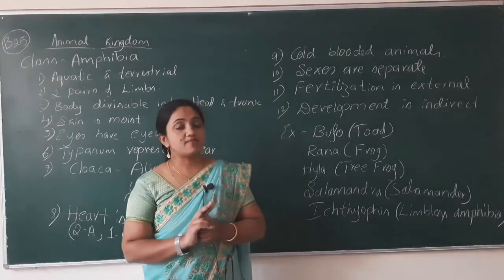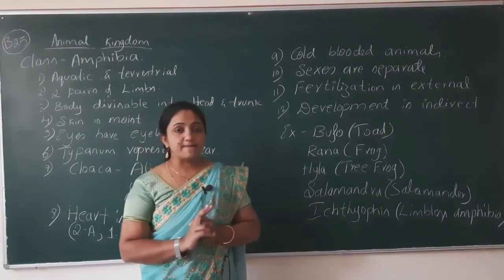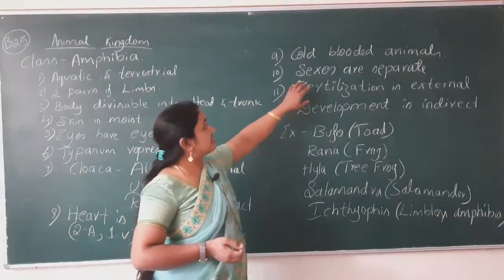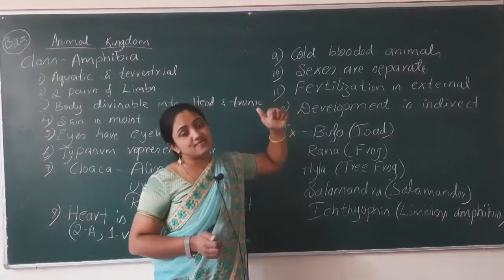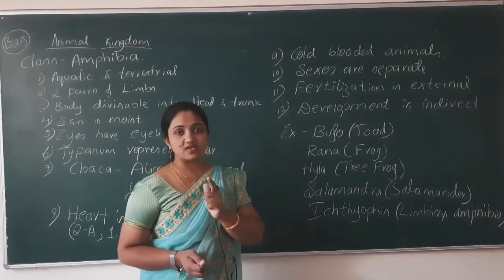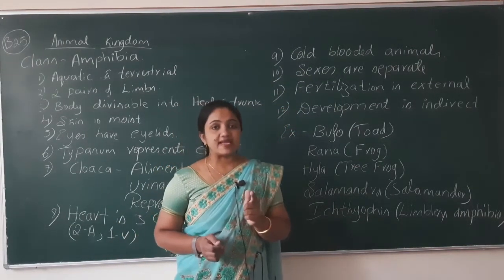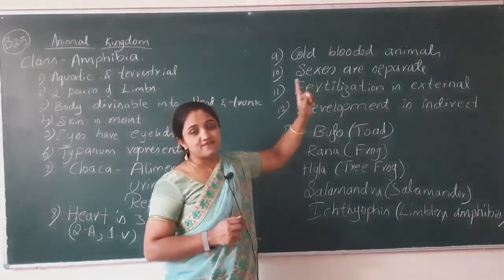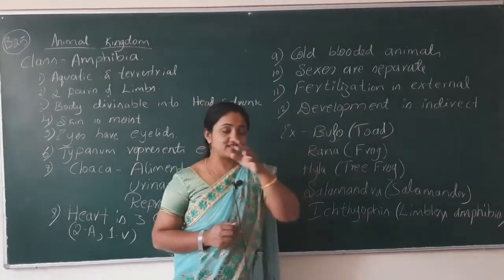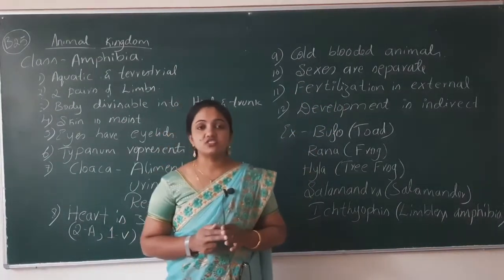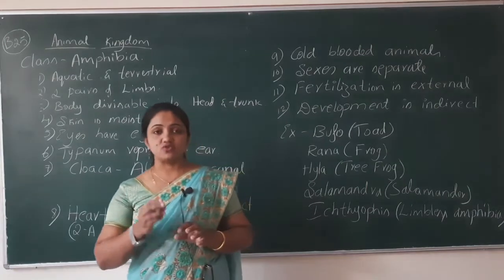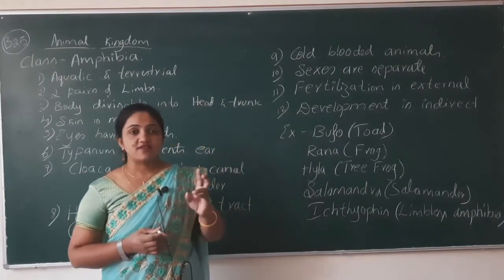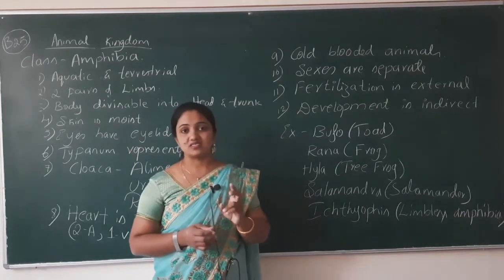They are not hermaphrodite. Both the male and female gametes are going to release from different sexes. Male organisms will be there and also female organisms will be there. Mating takes place. After the mating, fertilization takes place. Fertilization is external. External in the sense that the fusion of male and female gamete is going to take place outside the body. After the mating, the female frog releases eggs.